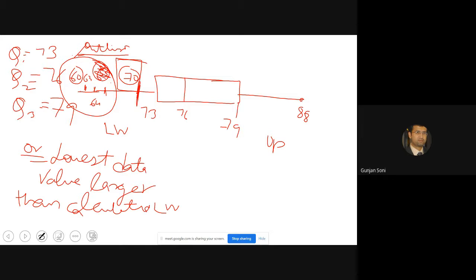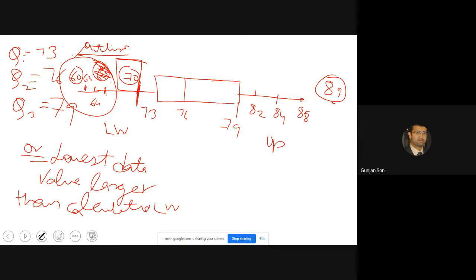Now if I tell you some upper values, you can use the same logic. Let's say the upper values are 82, 84, and 89.